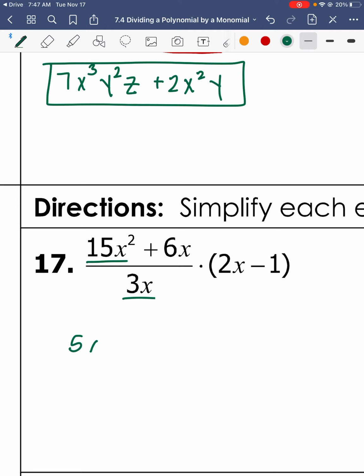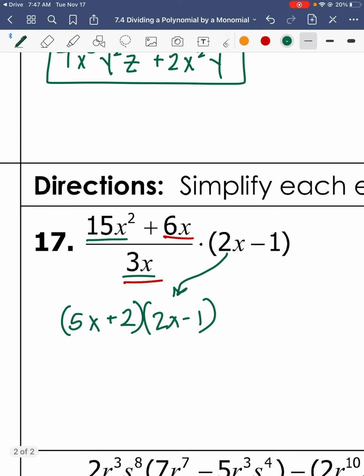division here. So 15x squared divided by 3x, we have 15 divided by 3 is 5, x squared divided by x is x, and then looking at 6x divided by 3x, 6 divided by 3 is positive 2, x divided by x is 1. So now we have this binomial times, and then I'm just going to write this one down here, 2x minus 1. Okay, so if we remember from FOIL, our first two are going to be 5x and 2x, and that's